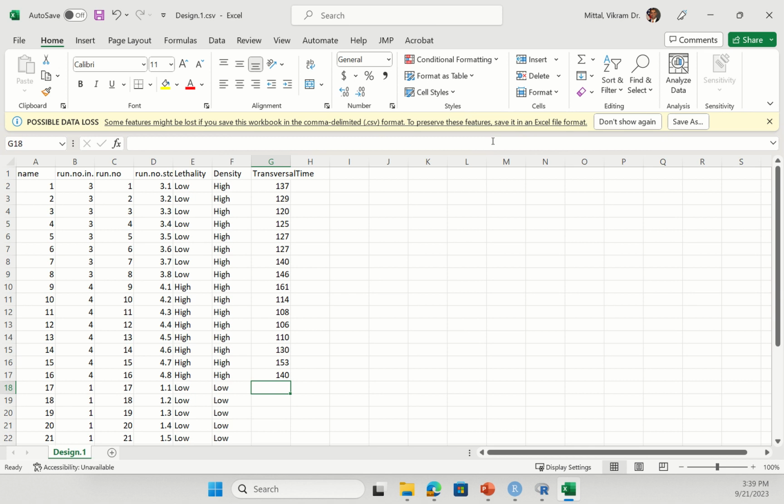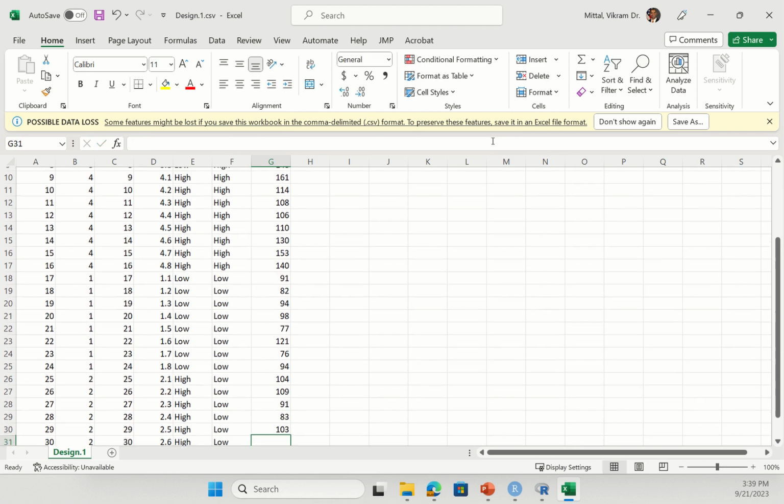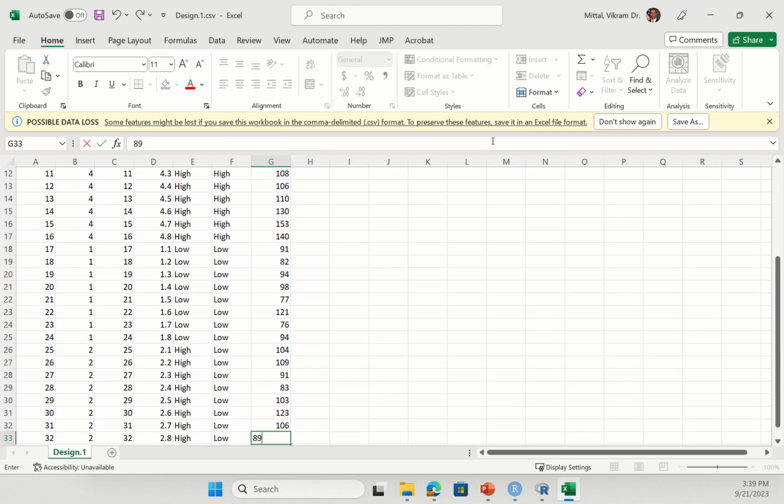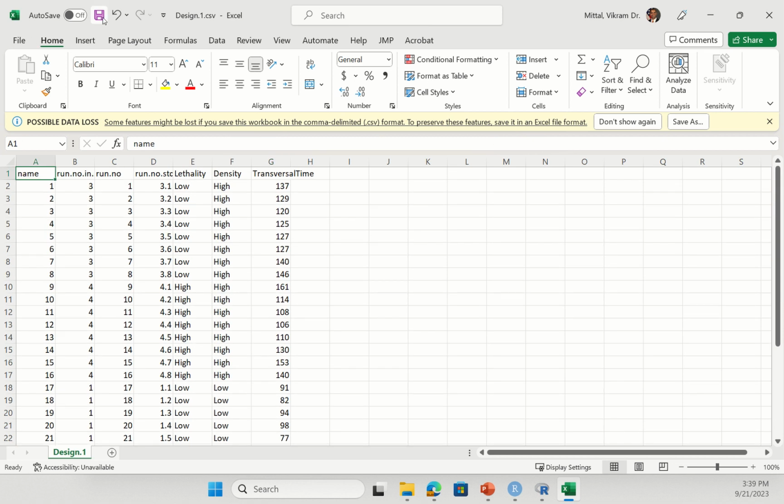Low lethality, low density. And high lethality, low density. All right, now I'm going to save, close out of it,